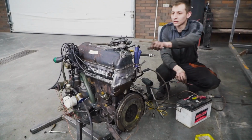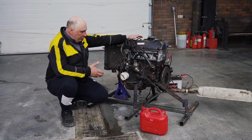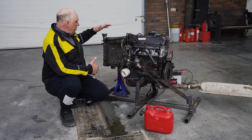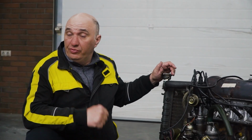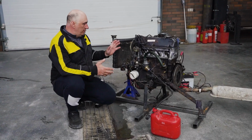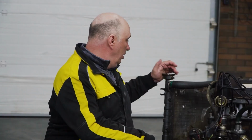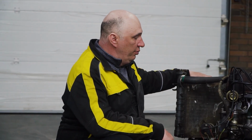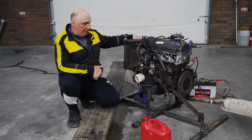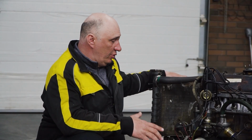We are in a really good spot here. The engine is fully assembled and placed onto a stand. Here's the radiator. The only real problem is that we don't have a cooling fan of any type, but then we do have a water supply, since we are in the washing bay. So we can always spray some cold water onto the radiator to keep the engine nice and cool. Okay, let's go ahead and fire it up, allow it to run for 60 to 90 minutes,